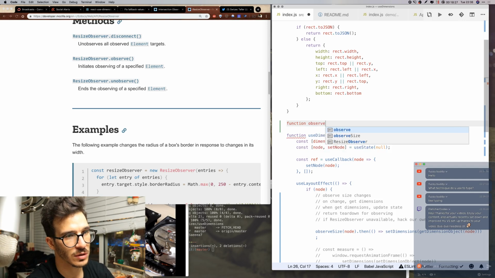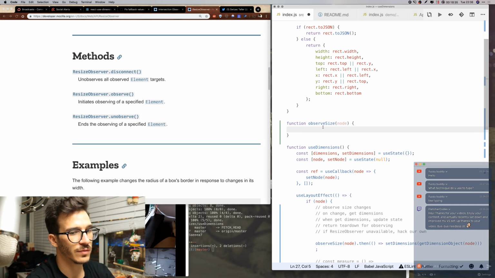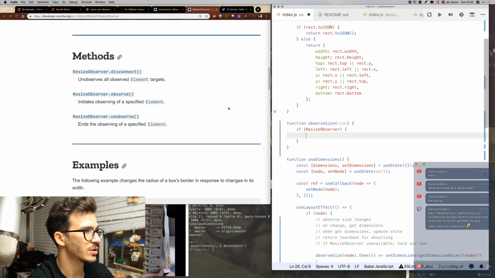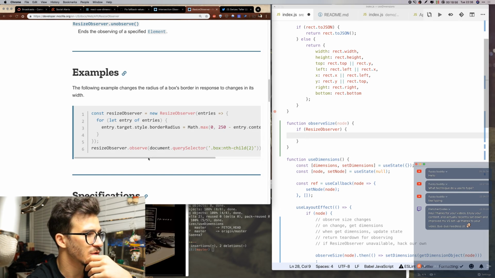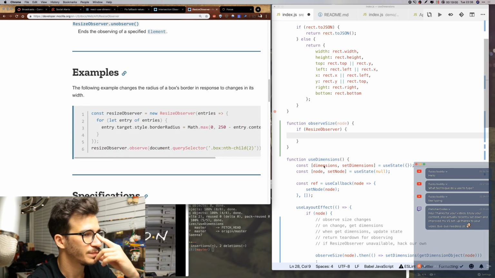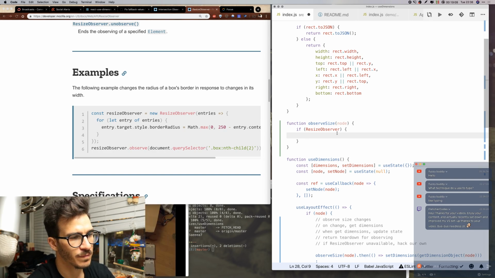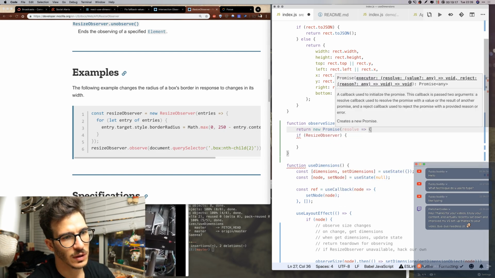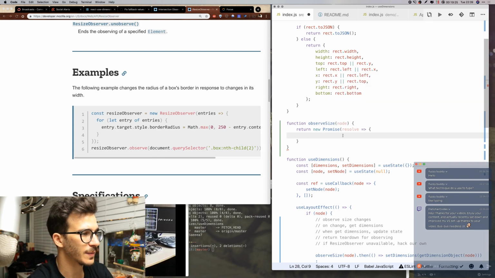So we say function observe size of a node, and then if ResizeObserver exists, then we're going to say unobserves all observed element targets. So ResizeObserver of entries, the following example, for let entry of entries. What? Observer document query selector. Right. So this is going to return a new promise that has resolve and then does stuff. Right? So we resolve that by saying